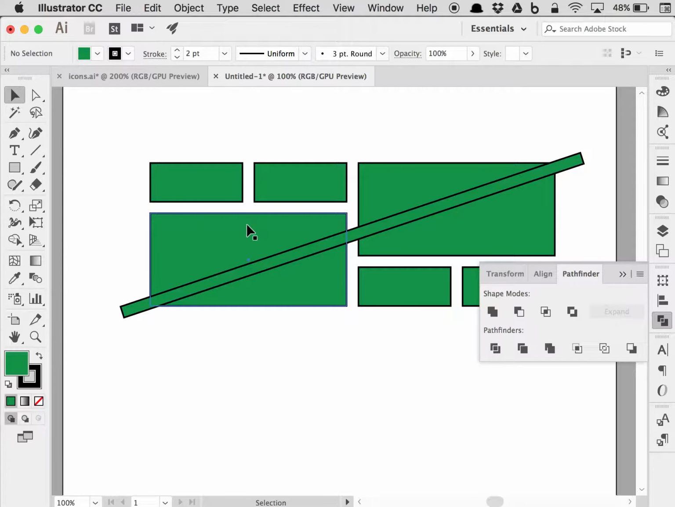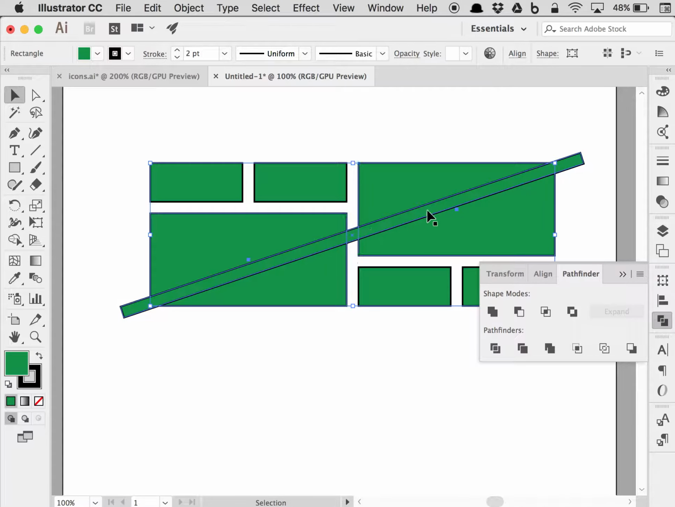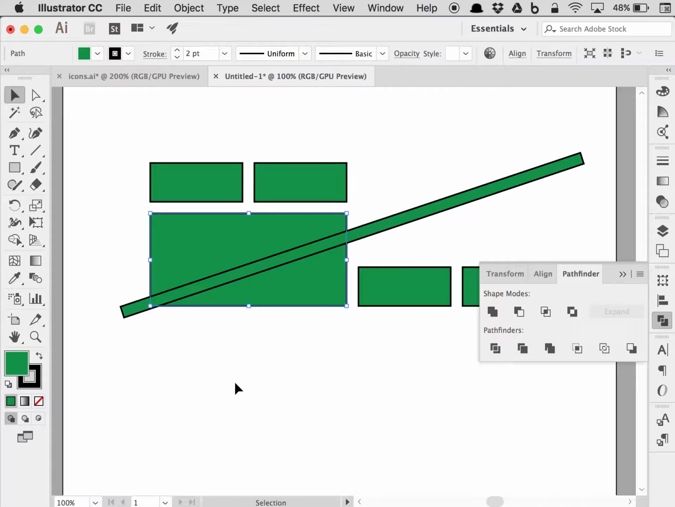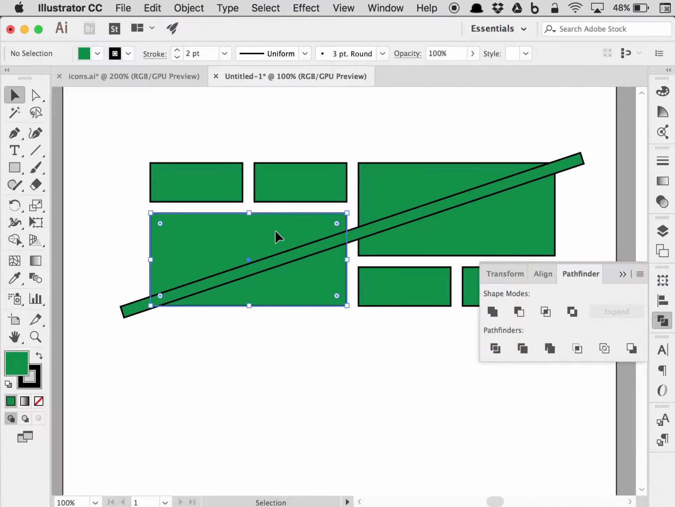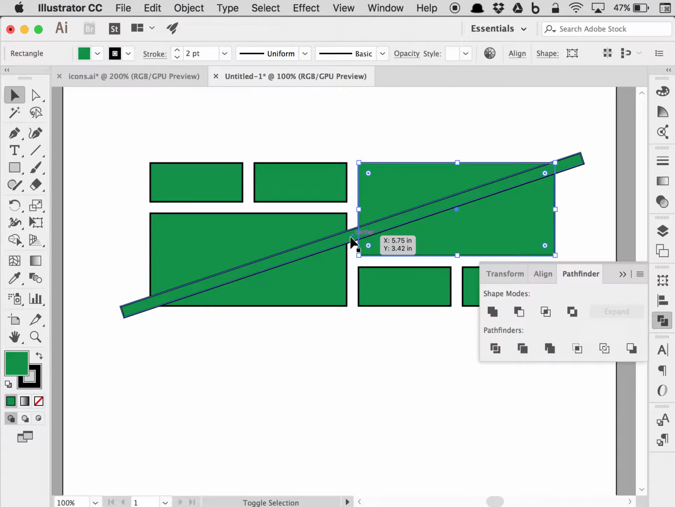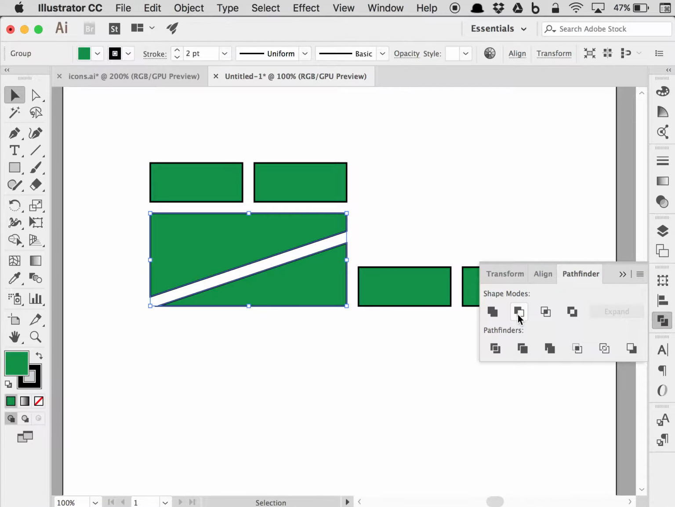There's a complication here though, because we want to subtract it from both at once. If we just hold down Shift and select both of those, and then select the skinny rectangle in the front, and I hit minus front, it's actually going to select all of those, or I could drag through the center and select all of them. If I hit minus front,